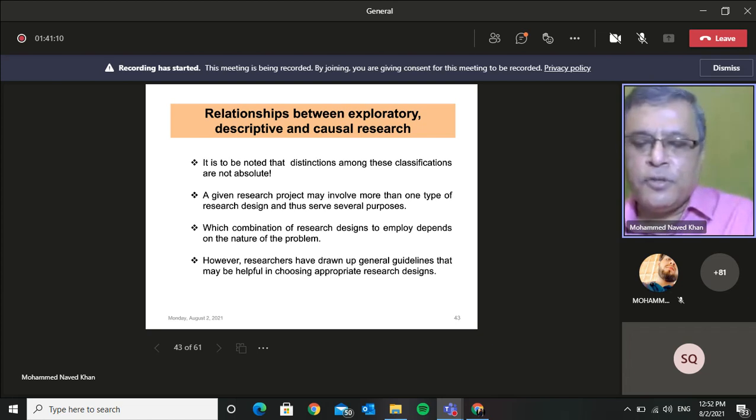But let me caution you: if you have a hypothesis which you are directly using for empirical testing, and you are not doing any kind of improvement, for example you're not doing anything to the questionnaire, it is being used in the ready-made format, and suppose you have not gone in for any kind of in-depth probing, then do not claim that your study is an exploratory study.